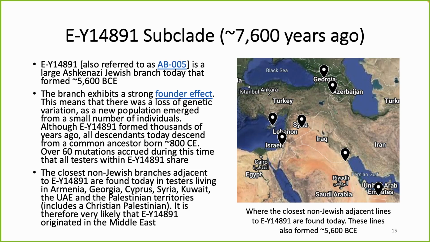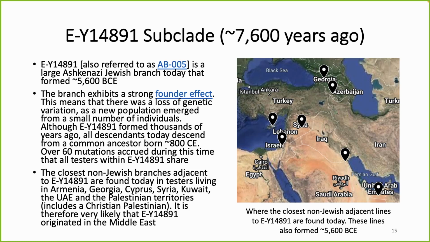They're all around the Near East, and so even though all of the testers today in EY 14891 are from Ashkenazi Jewish lands, it seems highly likely that the origin of this branch was obviously not from Europe, it was from the Near East. Everything points to the Near East, since all of the closest relatives were there. And so when I talk about this founder effect, what I mean by that is